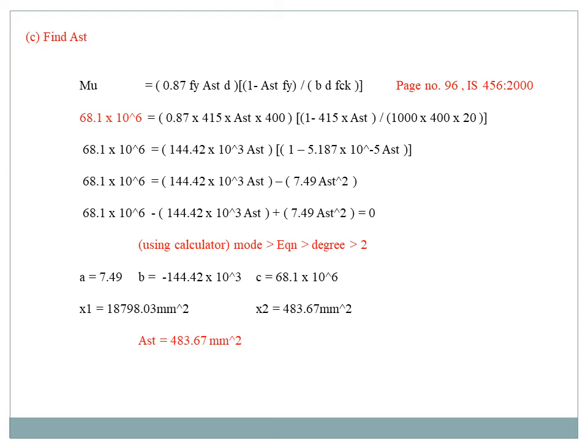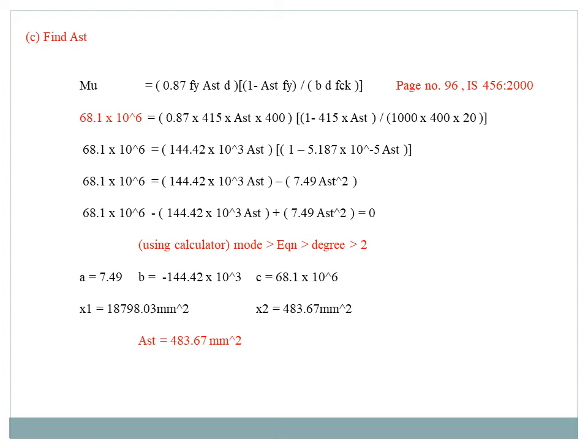In this step we need to apply all the values in mm, so convert the value from meter to mm. So 1 meter is equal to 1000 mm, B is equal to 1000 mm, D is equal to 400 mm. Then FCK is equal to 20 Newton per mm square. That FCK is given in our question. And finally